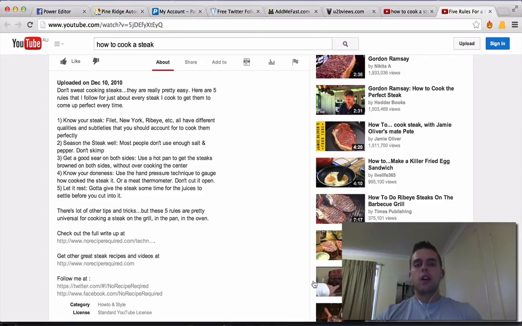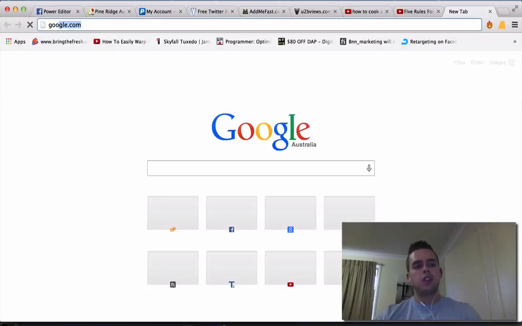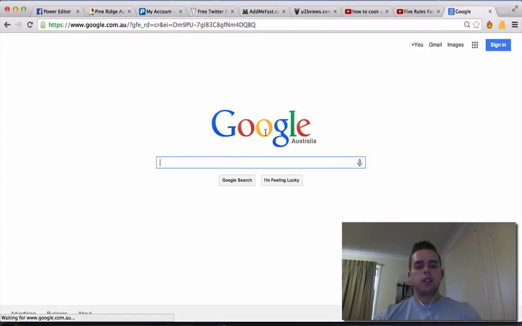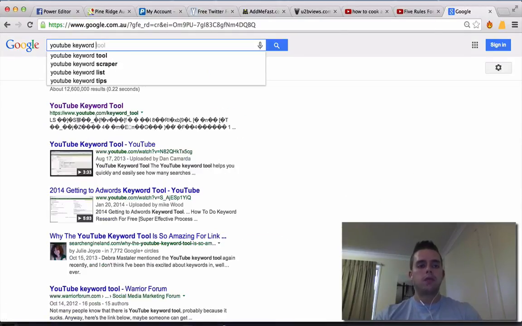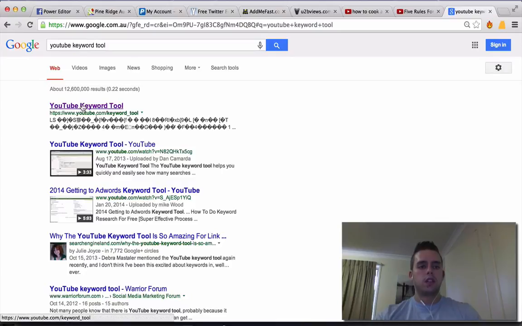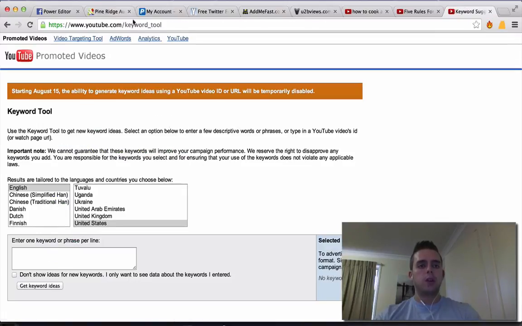Keyword tools. So I might do another video of this later where we go into a bit more depth, but the best way to find it is if you just go to Google, type in YouTube keyword tool, top one here, youtube.com/keyword_tool. Actually, let's just go through it now and I'll show you guys how this works. So when we're looking to rank for specific terms, we want to try to figure out how many searches each YouTube term is actually getting.